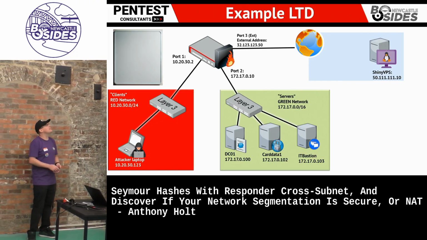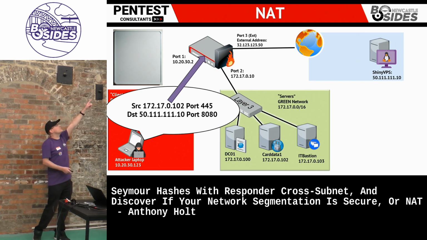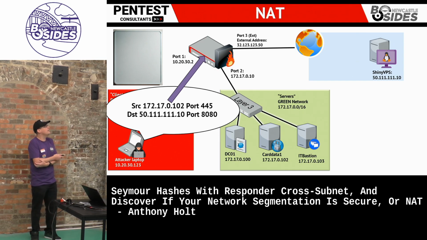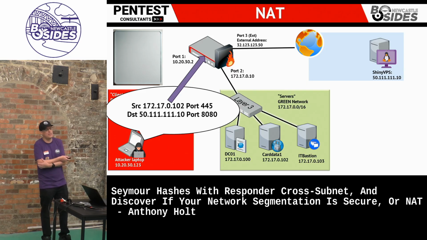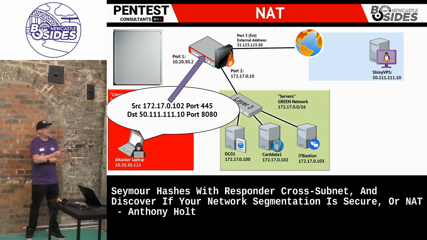So what happens is we need a network address translation table created up in the corner there, and we sit on our 10.20.30.123 address, which we're not interested in, but we spoof a packet of 172.17.0.102. So we're spoofing a packet of this card data controller over here. We choose a destination, which is an IP that we control, and we pick any port, and it can literally be any port. So if I'm targeting a domain controller, I might pick DNS. But yeah, we pick a port,